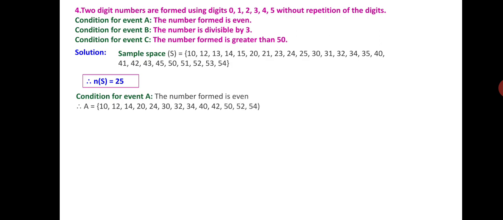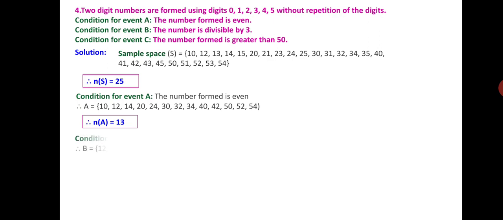Condition for event A, the number formed is even number. It should be 10, 12, 14, 20, 24, 30, 32, 34, 40, 42, 50, 52 and 54. Like that, totally